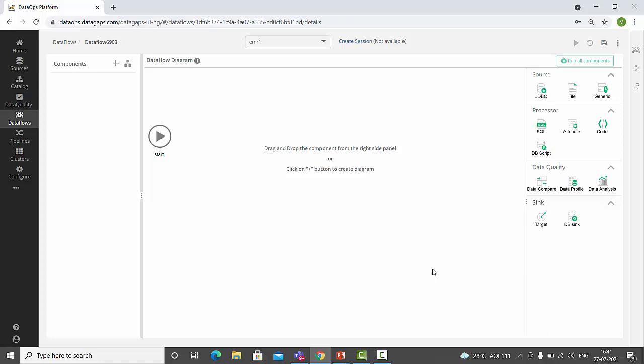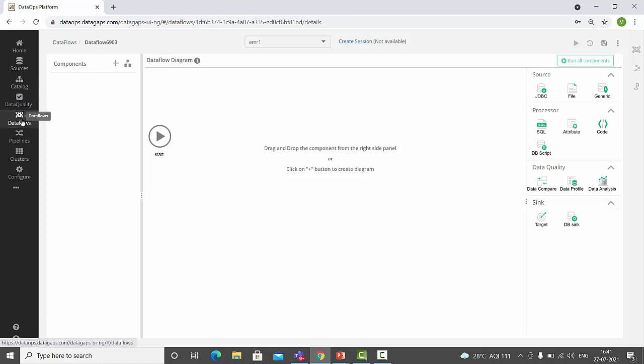And sync components: once we have different resultant data sets out of these comparisons and transformations, these can be stored into a JDBC data source or file data source. The loading of this resultant data can be done using the sync components. I'll just show you a use case wherein we get the data from a source and we get the data from a target, and we try to compare this data and show you the result.